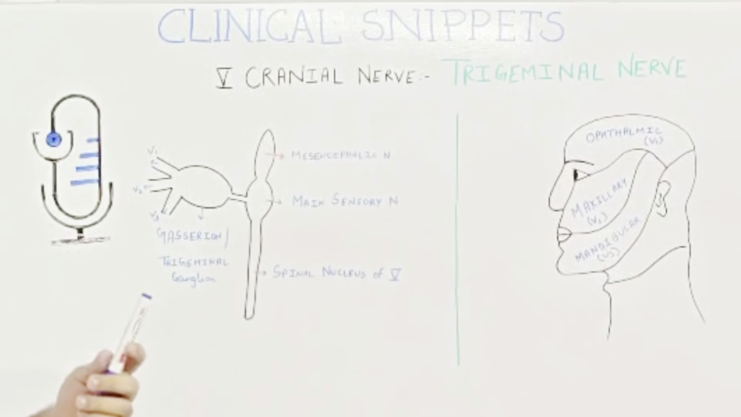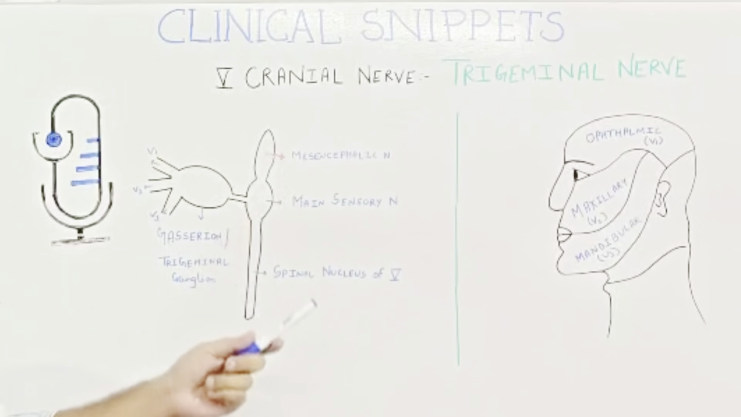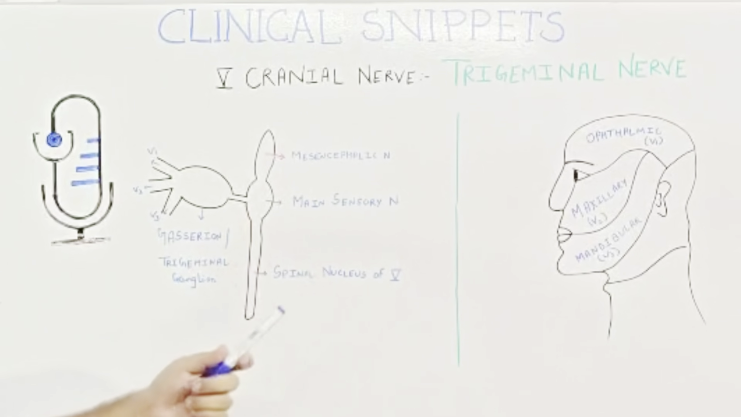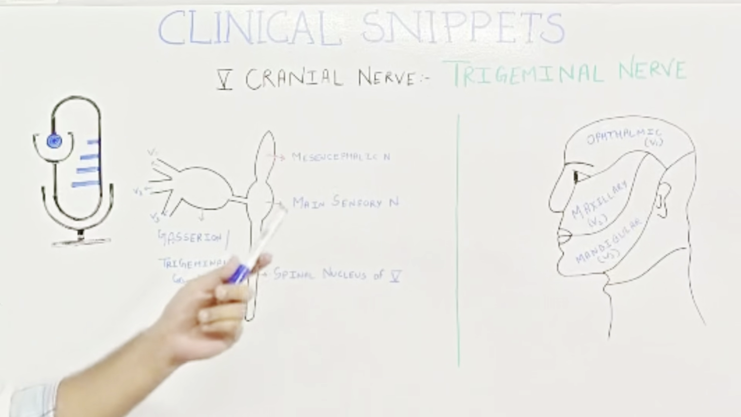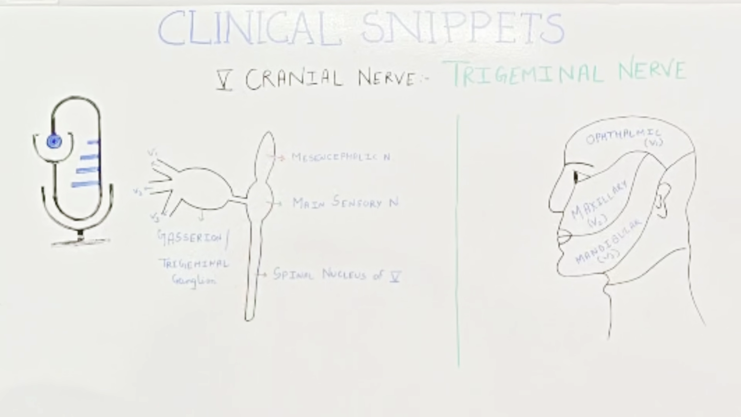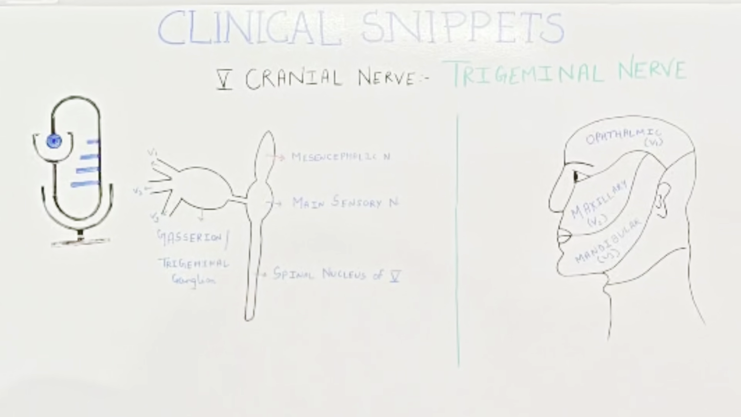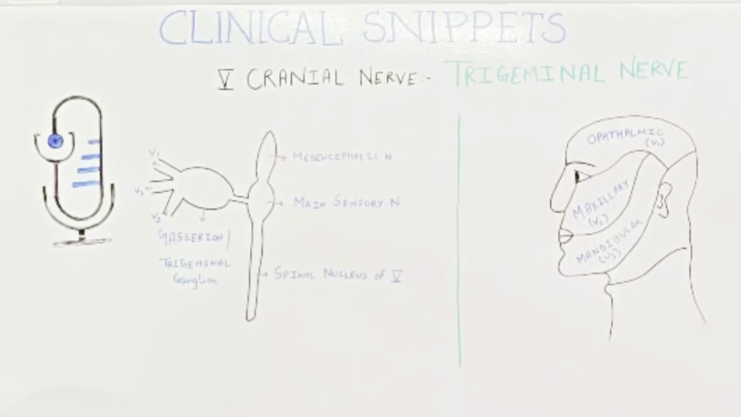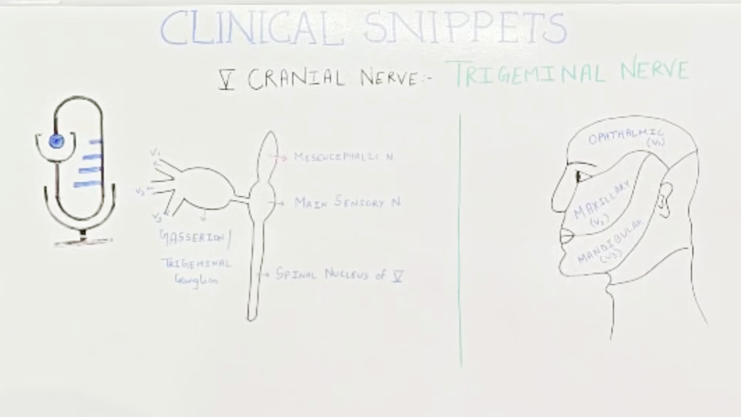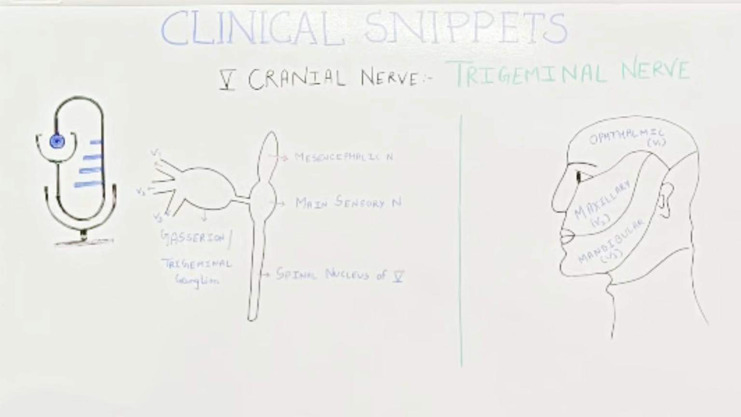It is divided into three parts: the mesencephalic nucleus, the main sensory nucleus, and the spinal nucleus of the fifth cranial nerve. The mesencephalic nucleus is located in the midbrain and it is mainly responsible for proprioception. The main sensory nucleus is located in the pons and it is mainly responsible for touch and temperature. And the spinal nucleus of the fifth cranial nerve is located in the medulla and it is mainly responsible for